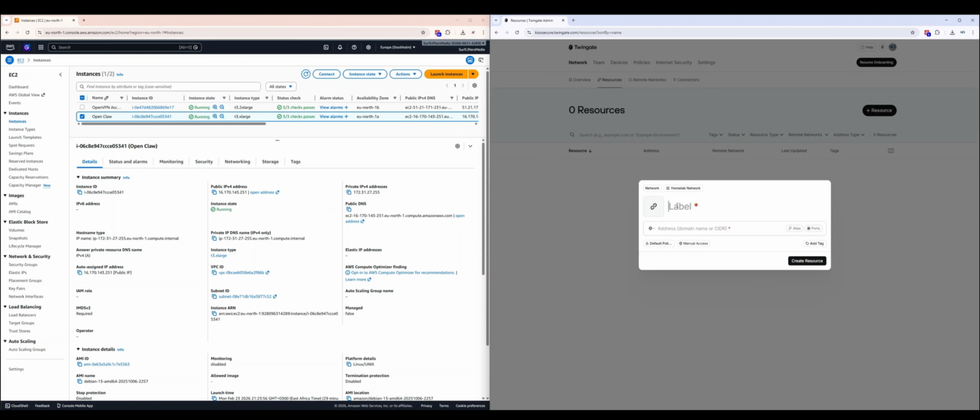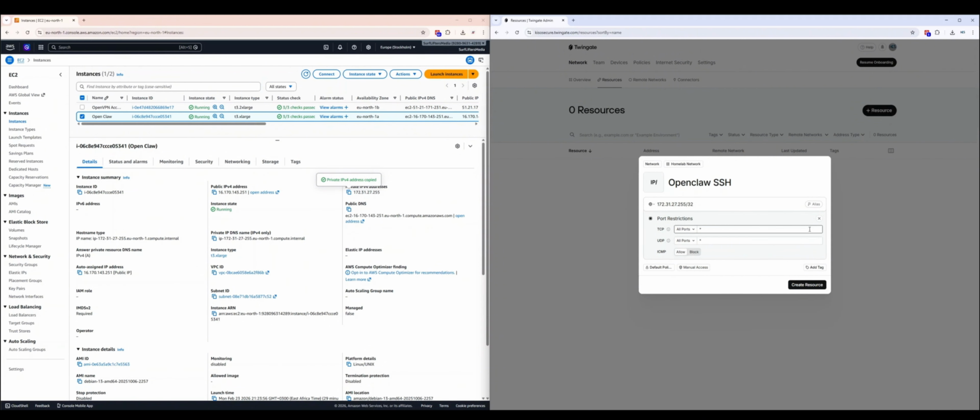Then we can add a label. Then we can specify a domain name. Well, in our case, what we're going to do is we're going to specify a private IPv4 address. Then for this private IPv4 address, we'll set it to the subnet mask 32. Then we're going to restrict the ports that are going to access our machine. So for SSH, we only want to allow port 22,